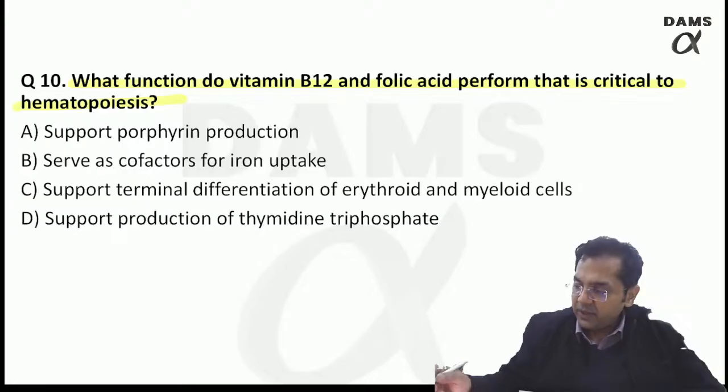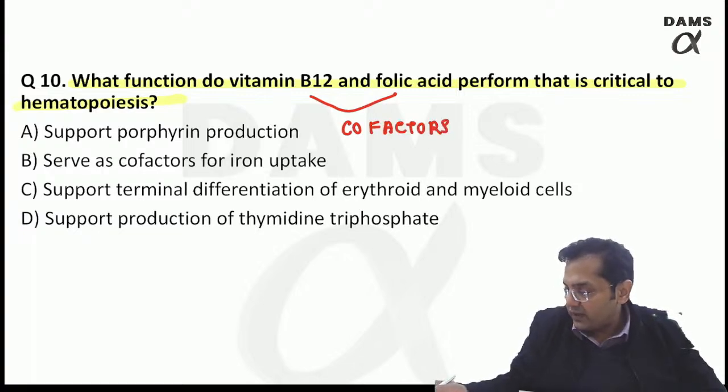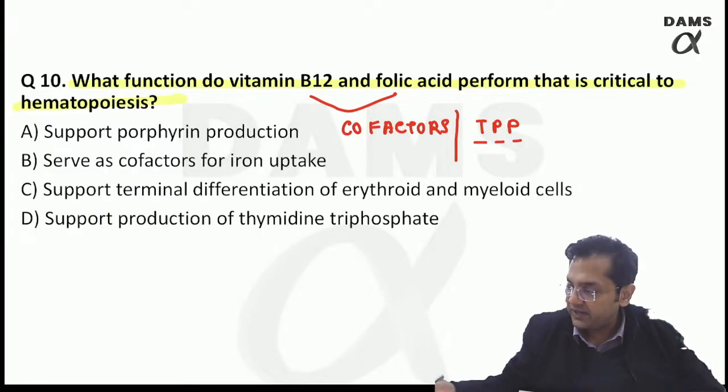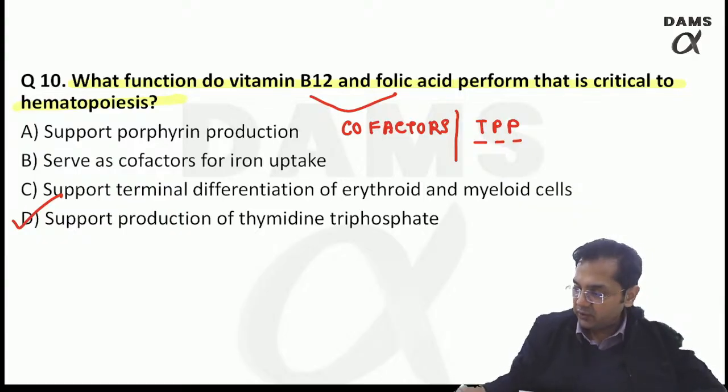Remember, B12 and folic acid are acting like cofactors, or they are required for the TPP, which is known as thymidine pyrophosphate or thymidine triphosphate. So this reaction supports the production of thymidine triphosphate, which is required for the